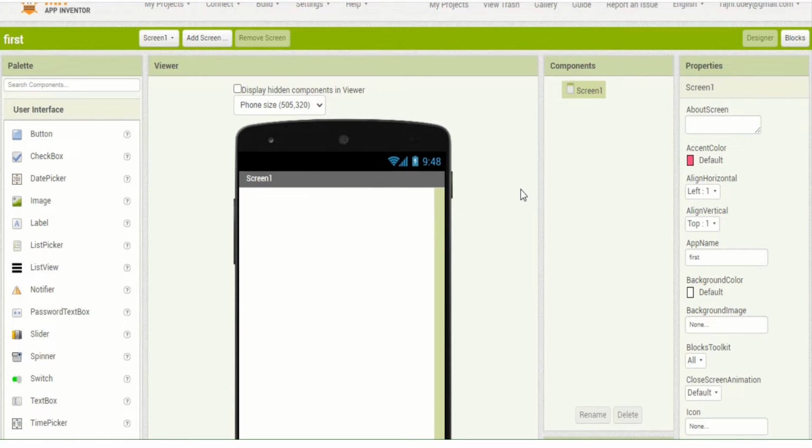Any app is divided into two parts. The first part is called the front end of the app, and the second part is called the back end of the app. Front end shows the front screens of the app, and back end provides the functionality to the app. In the back end, basically the coding is done, programming is done, but here we are using MIT App Inventor software. The coding will be done by using blocks.